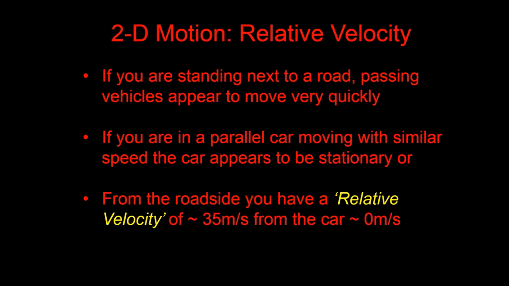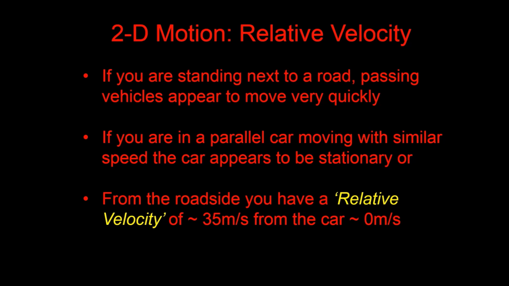So if you are standing next to a road, vehicles appear to pass by very, very quickly. Now, in the same case, if you are in a car parallel to another car and moving with similar speed, then that car is stationary relative to you, even though both of your reference frames are moving. So from the road side, you'll have what's called a relative velocity. Say the car is moving 35 meters per second. So you'll have a relative velocity from a stationary perspective of 35 meters per second. If you're in a car parallel to the other car, your relative velocity is 0 meters per second, even though